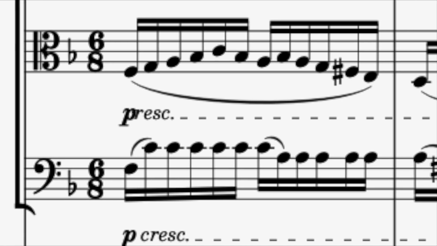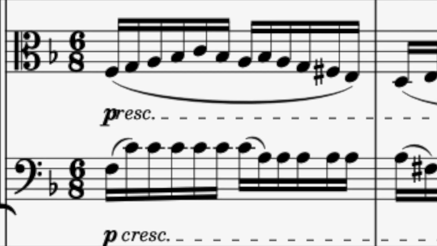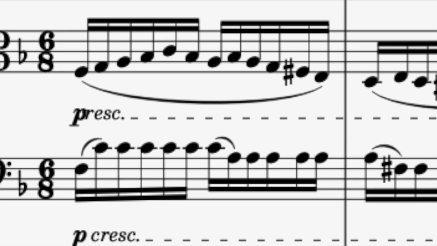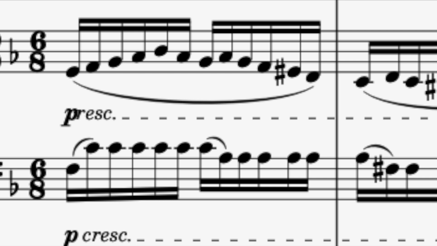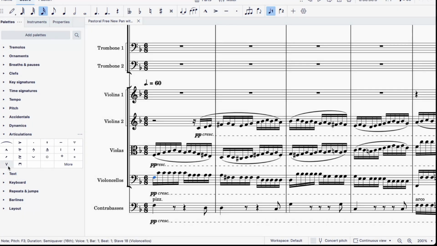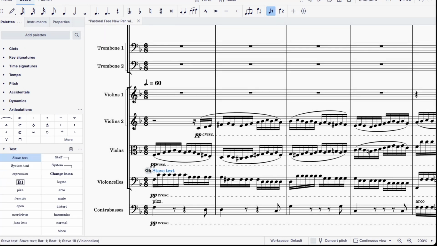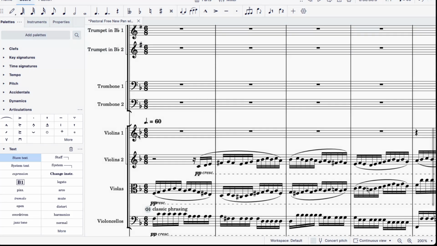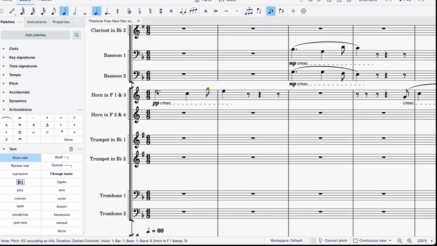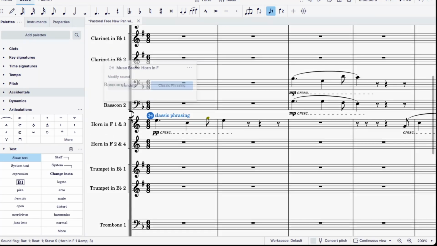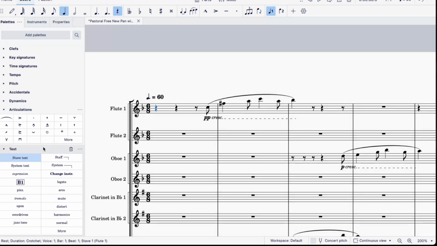In fact, that is how it sounds at present, because MuseScore, for some unknown reason, doesn't interpret phrase marks by default. You have to turn it on like this with stave text, then select classic phrasing. Now our cello will play properly. We need classic phrasing for other instruments too. Now turning it on for the horn, and now for the flute,